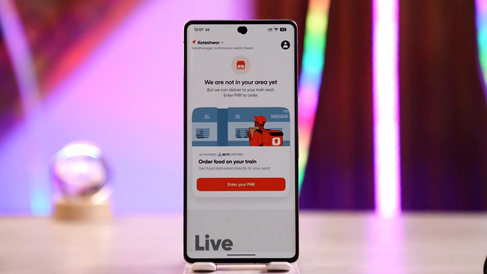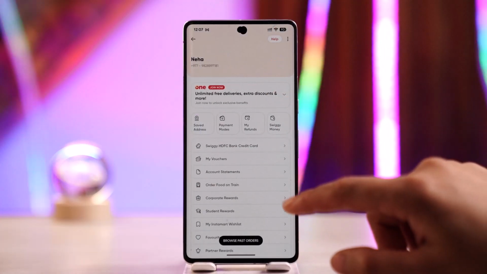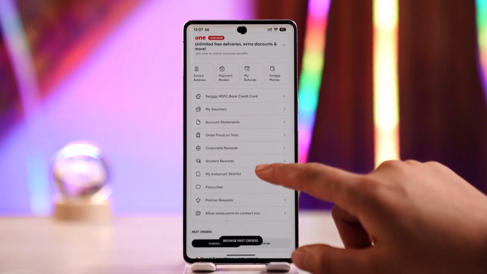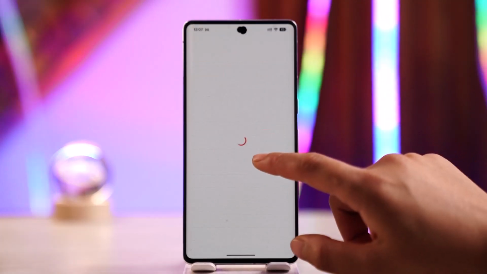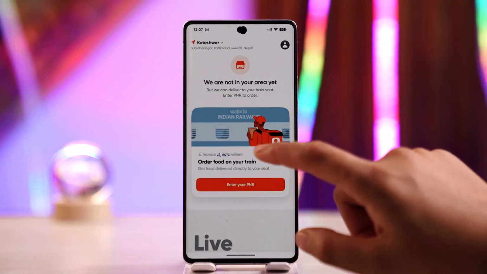what you could do is simply go ahead and select your preferred food items or grocery and tap on view cart, or you could just tap the profile at the very top right. You have the gift card option, or you could look for the option my voucher as well. Over here you could go ahead and start ordering, and you could add in